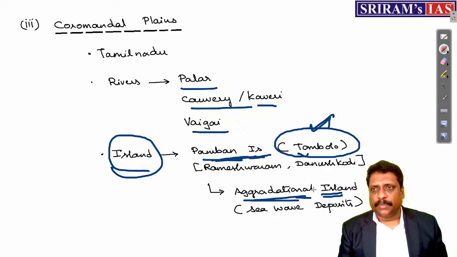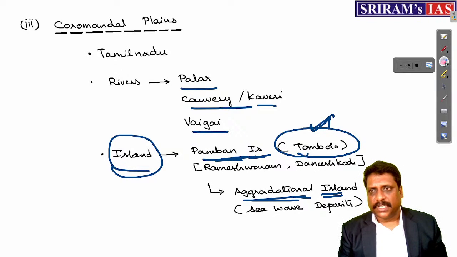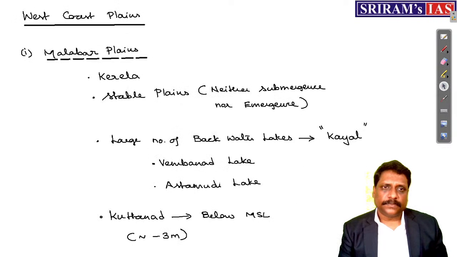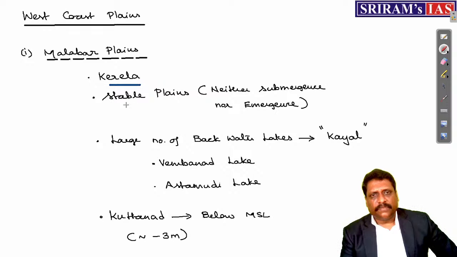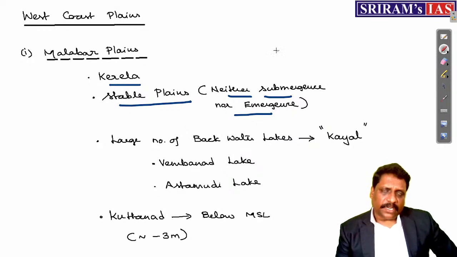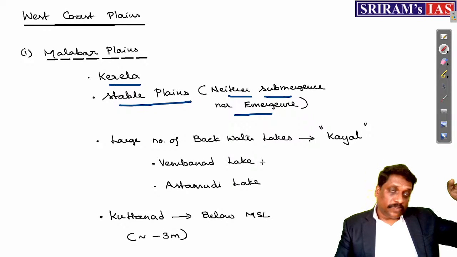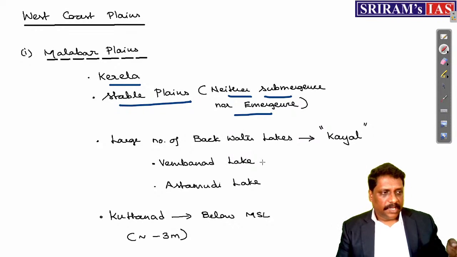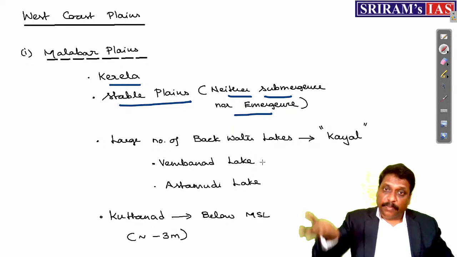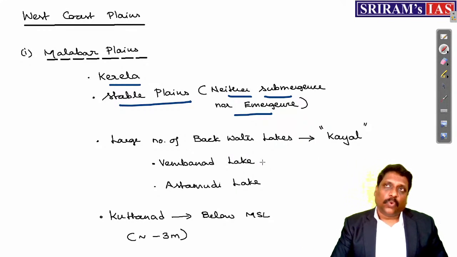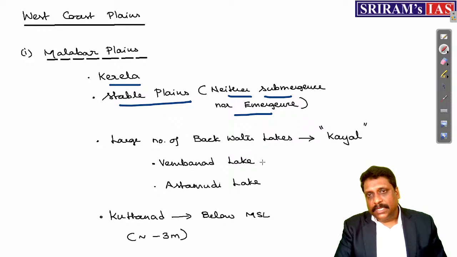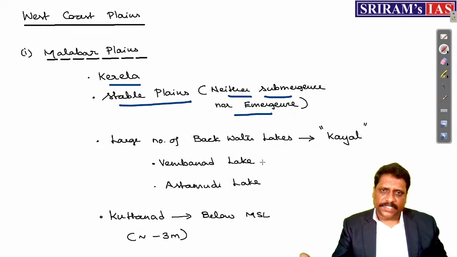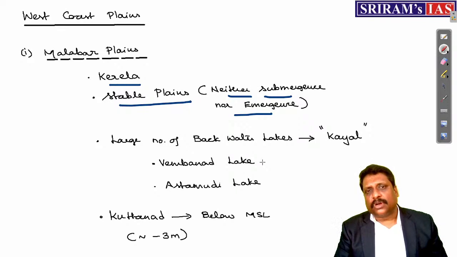Okay. And finally, my dear friends, if you are there in the west coast, first let me talk about the Malabar coast. See, Malabar coast, normally this Malabar plains, Kerala, we call them as stable plains. What is stable plains? Normally, we say that the western side of Western Ghats or west coast of India is a coastline of submergence, whereas east coast of India is a coastline of emergence. Correct. Now, west coast is a coastline of submergence, that I agreed, but Malabar plains did not experience this subsidence. That's the reason we say neither it is submergence nor it is emergence.